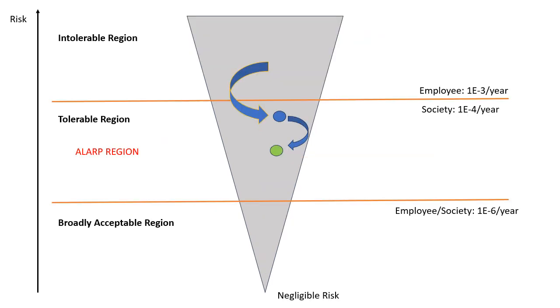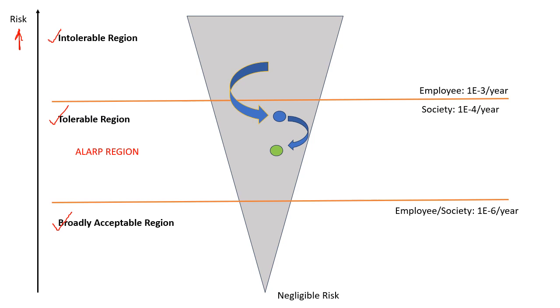So through this slide, I am trying to explain what ALARP is. As you can see here, the risk is shown on the y-axis, and this risk has been categorized into three regions. One is the intolerable region, another is the tolerable region, and thirdly, the broadly acceptable region. The intolerable region is the region where nobody wants to be. The risk is very high, so you definitely need to do some preventive or mitigative action to reduce the